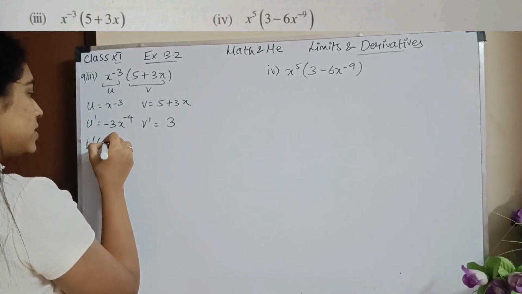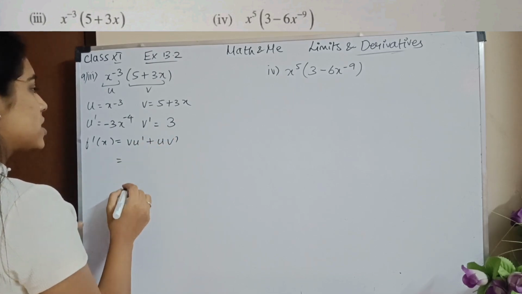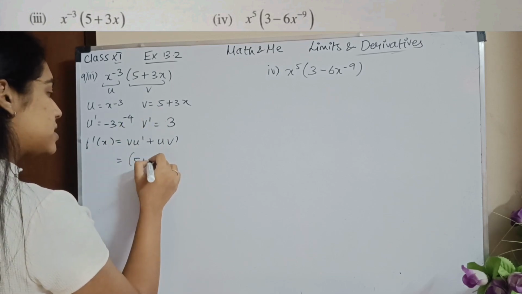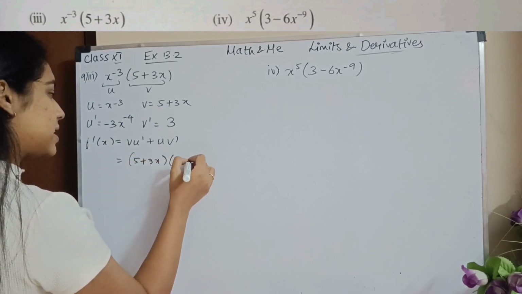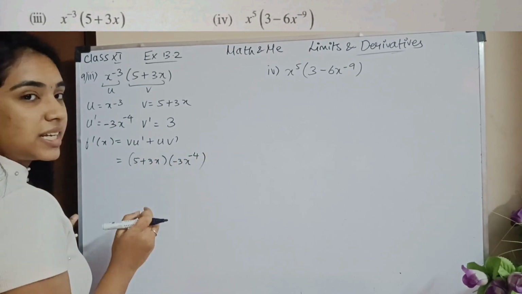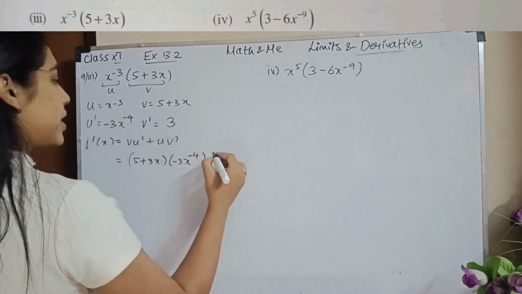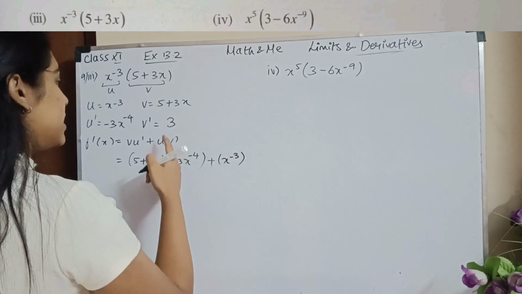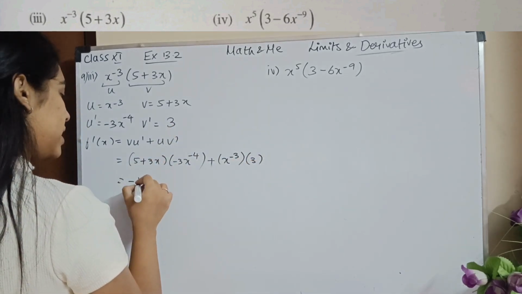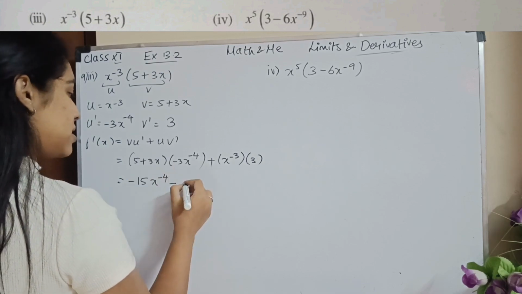So what is the formula? V u dash plus u v dash, plus, okay, don't get confused. So v u dash will be 5 plus 3x times minus 3x to the minus 4. Put a bracket, otherwise you might think it's 5 plus 3x minus 3x to the minus 4. Okay, put a bracket. Then u v dash: I have x to the minus 3 times v dash, which is 3. So when I multiply, 5 3s are 15, so minus 15x to the minus 4, minus 3 3s are 9,